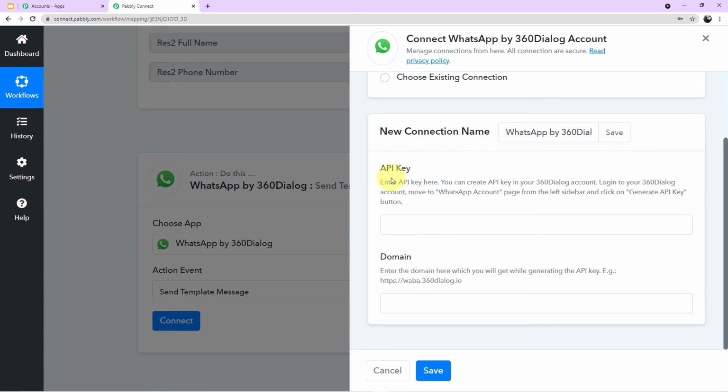So let's read out the description to see from where we can find the value of API key. Okay, so here it is written enter API key. Here you can create API key in your 360 dialog account. Log into your 360 dialog account, move to WhatsApp account page from the left sidebar and click on generate API key button. Okay, and in domain it is written enter the domain here which you will get while generating the API key, example